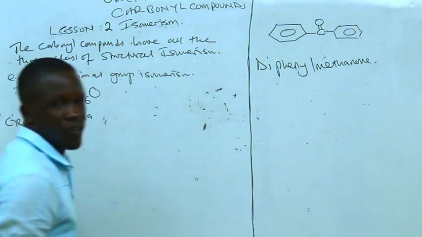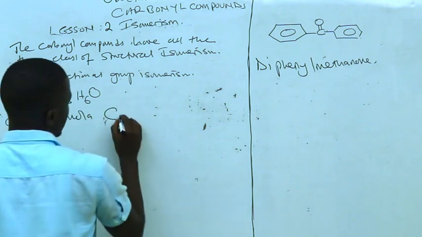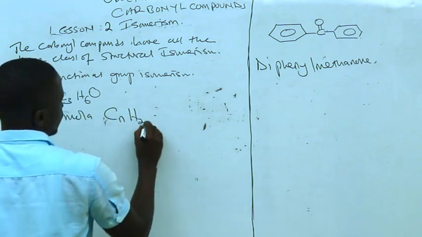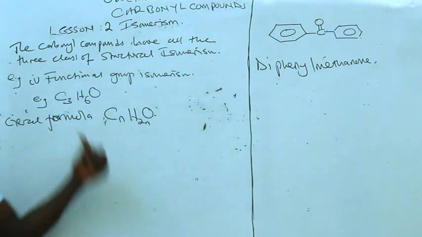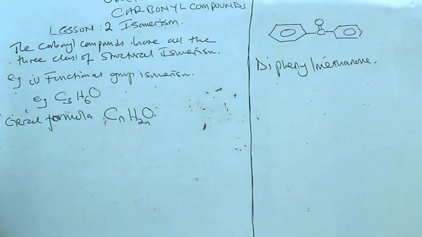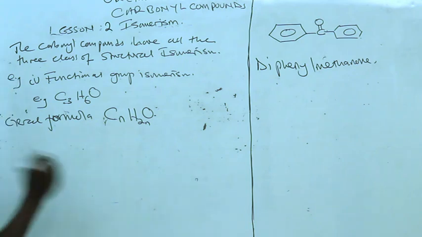The general formula of the carbonyl compounds is CnH2nO. So if the number of carbon atoms is 3, then the number of hydrogen atoms will be 6, and then an oxygen atom. Now if we are to look at the functional group isomers here,